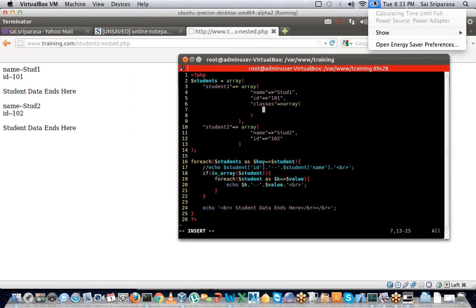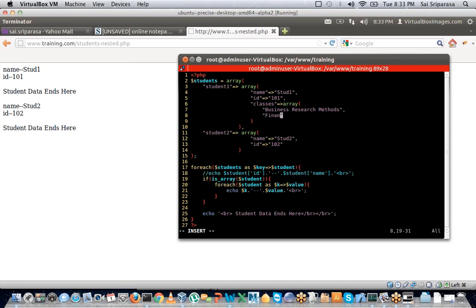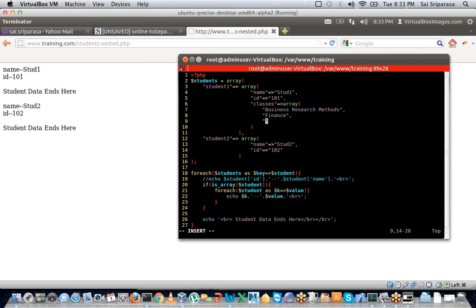All right, so we'll actually be using a very similar structure for another concept called JSON in the next few days. So let's understand this example. Classes would be an array, and the classes are, say, business research methods, finance, and then international business. And then for this one,